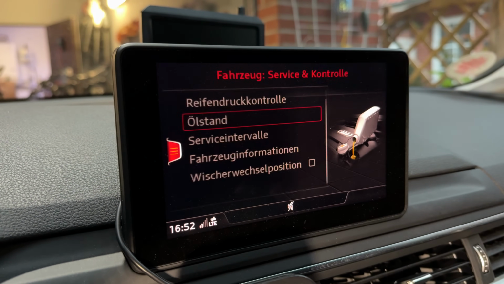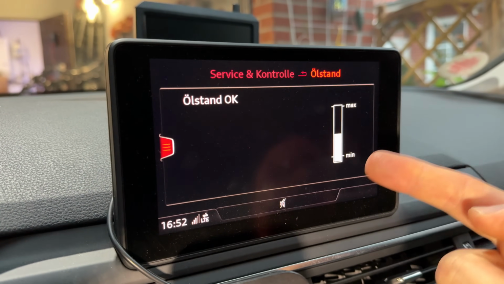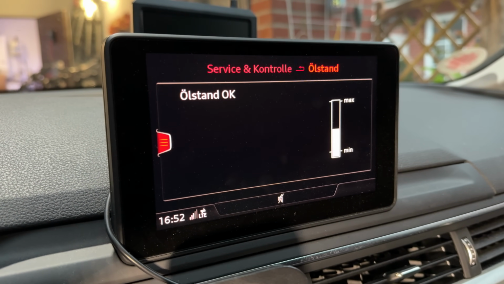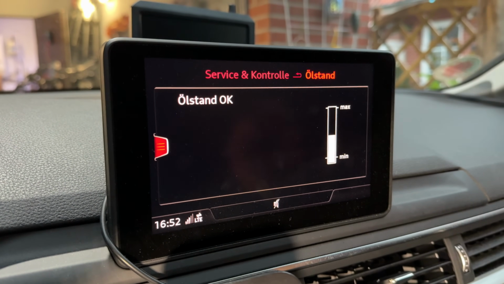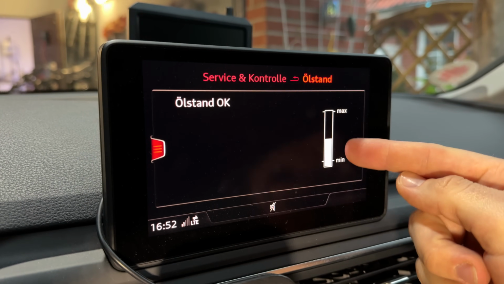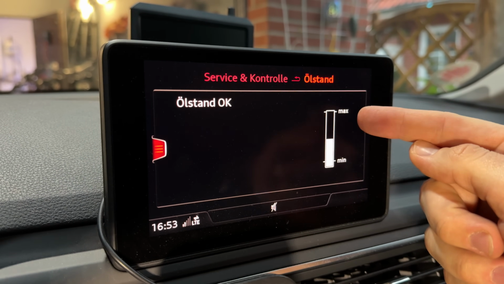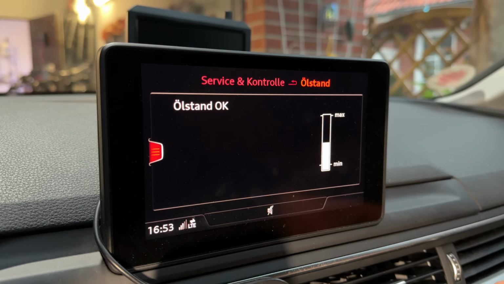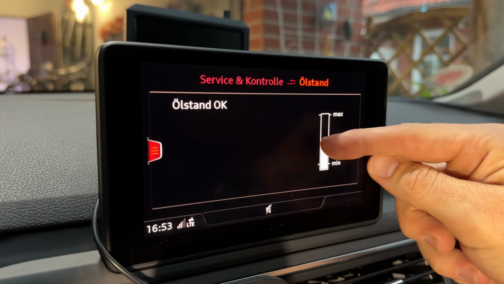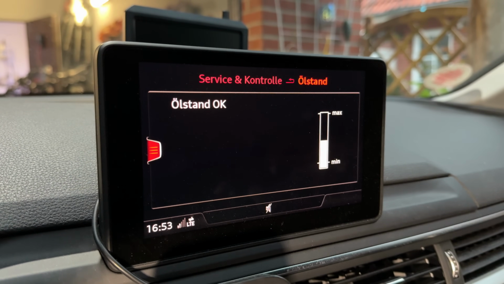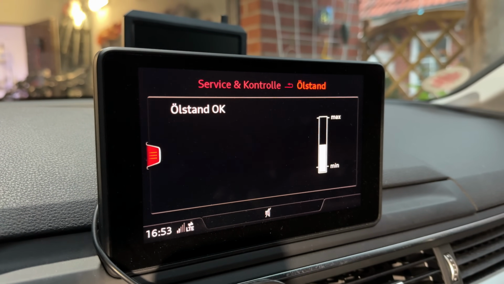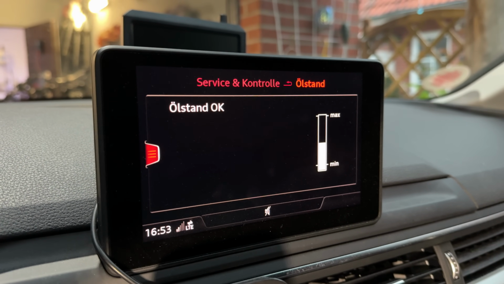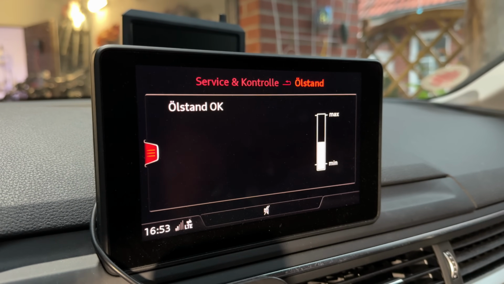And if it is necessary, we top up the engine oil. The range between maximum and minimum is 1 liter. The engine oil must never drop below the minimum mark, risk of engine damage. The oil level display is instant and solely for information purposes. An oil level warning will appear in the instrument cluster if the oil level is too low.